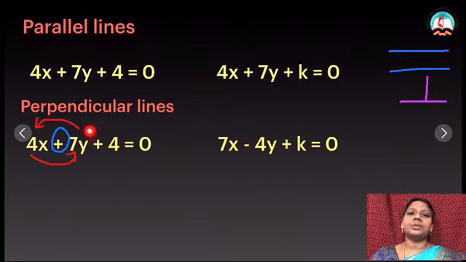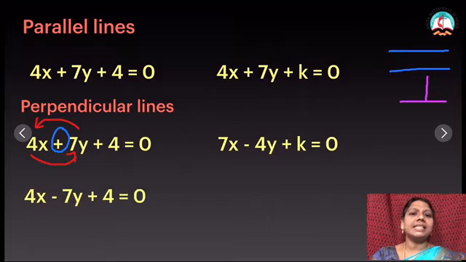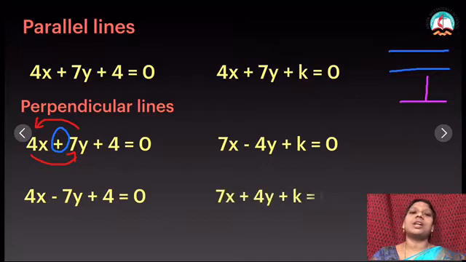So two things we have to do. First, interchange the coefficient of x and y, and second, change the sign of y. Supposing I have 4x minus 7y plus 4 equal to 0. Then what is my equation? I have to interchange, therefore it becomes 7x, 4y. But what is the sign in between? Plus, because I have minus there. For all these, the value of k belongs to the real numbers R. So you may give any value for that. So these are all called family of parallel lines or family of perpendicular lines.